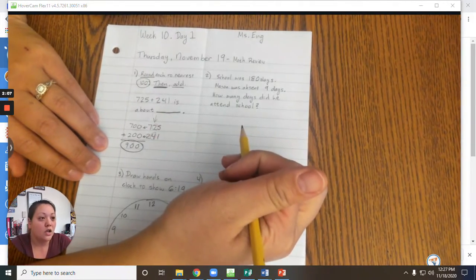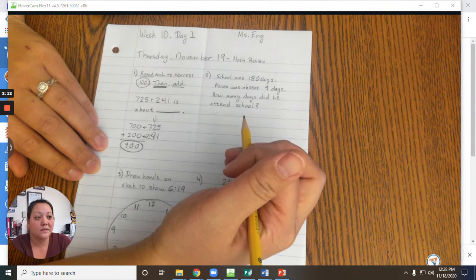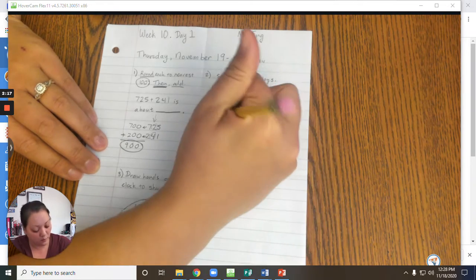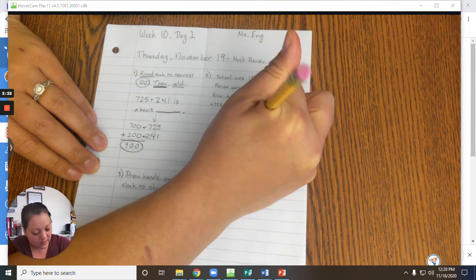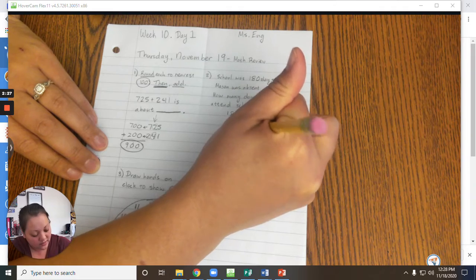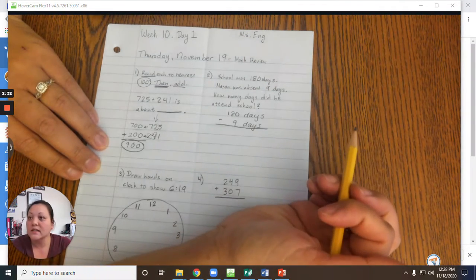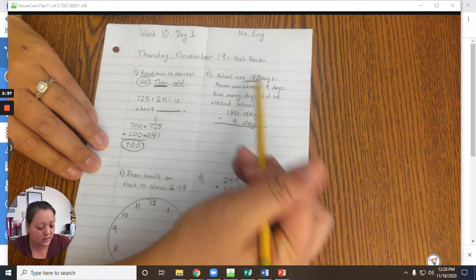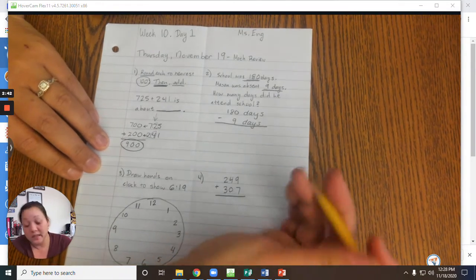Okay, number 2. Last year, school was held 180 days. Mason was absent 9 days during the year. How many days did Mason attend? So we know that there were a total of 180 days. Okay, and he missed 9 days, and we're trying to figure out how many days Mason attended school. So hopefully you recognize that this is a subtraction problem because we have to take the total number of days, the 180 days, and subtract the 9 days that he did miss to figure out how many days of school